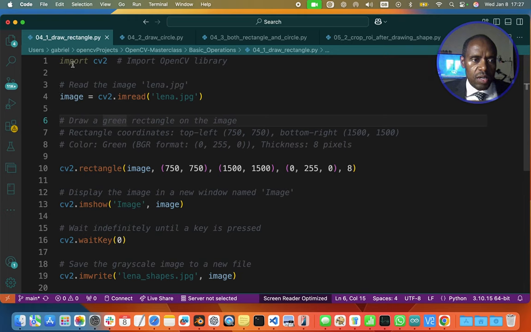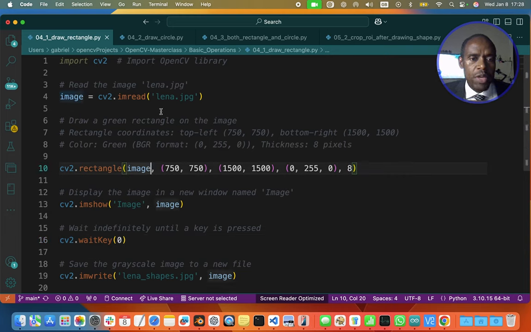Image library, first library loaded, image loaded in the memory. Then this is the code rectangle to draw the rectangle. It accepts the following parameters: 1, 2, 3, 4, 5. How? The image is